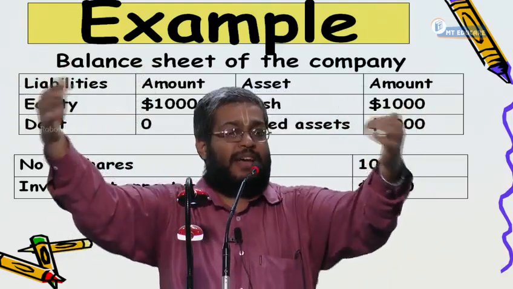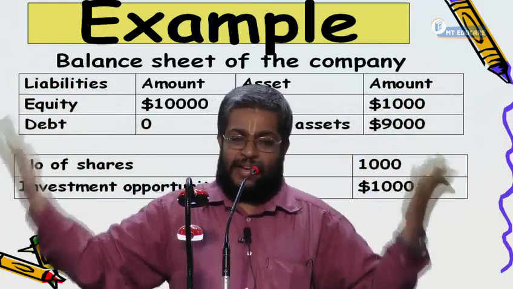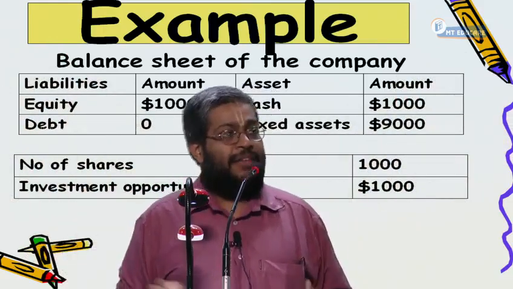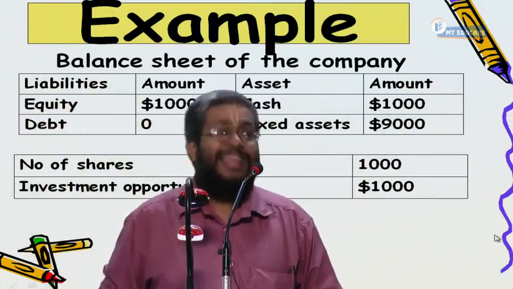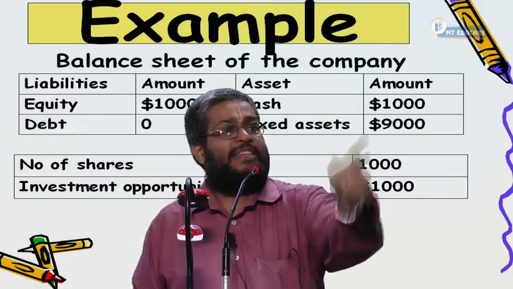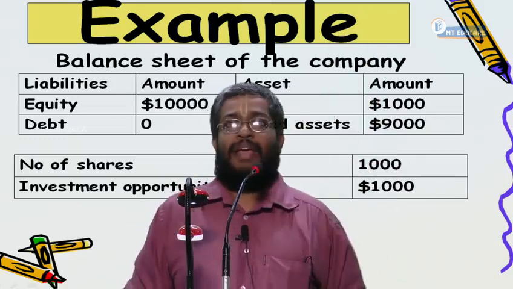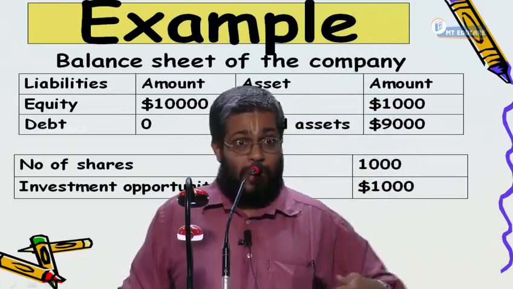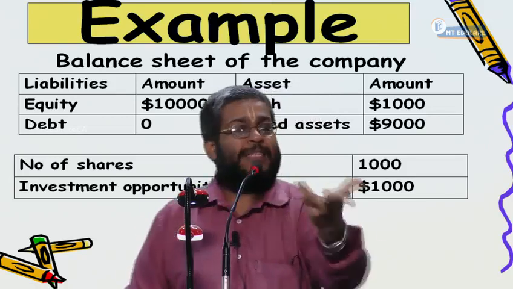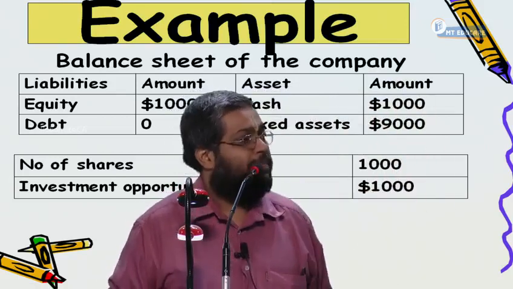All the projects of the company, discounted at Ke or at some rate of return, will give me the value of the asset today. That is $9,000. This $9,000 is not the book value which we see in the balance sheet. Everybody, yes or no? Now tell me, what is the value of the fixed asset? The present value of all the future cash flows I expect to generate from that asset is the value of the fixed asset. Point number one, yes or no?